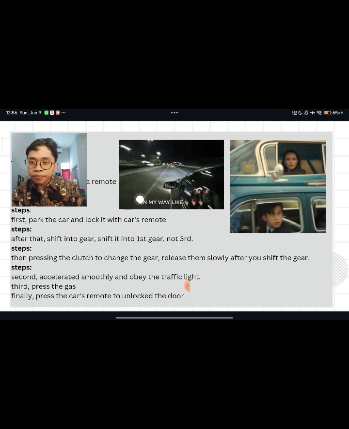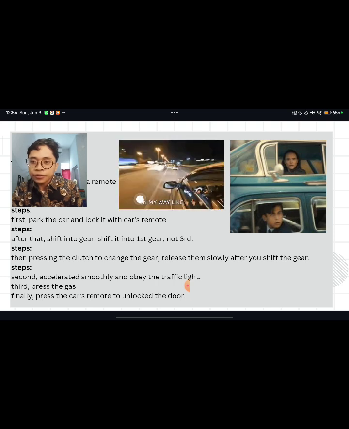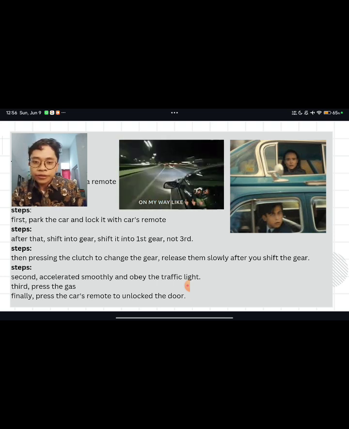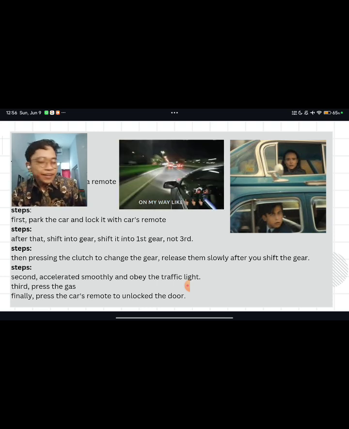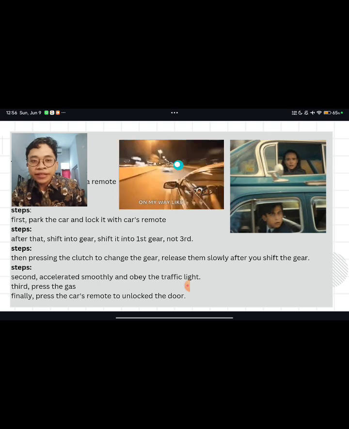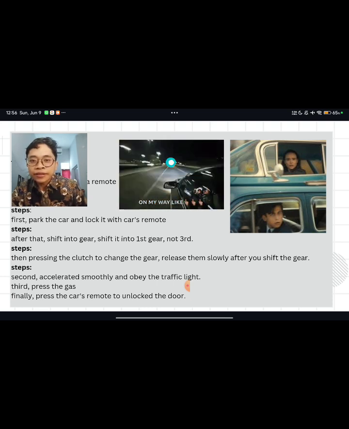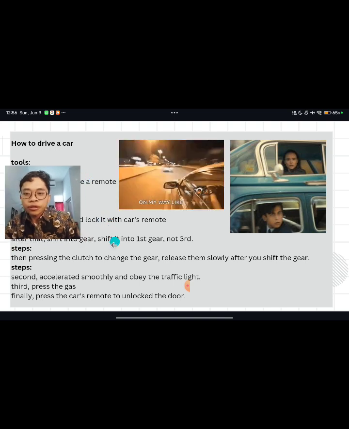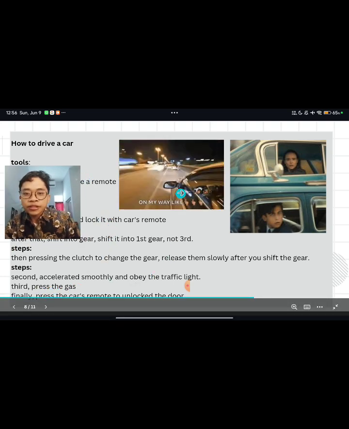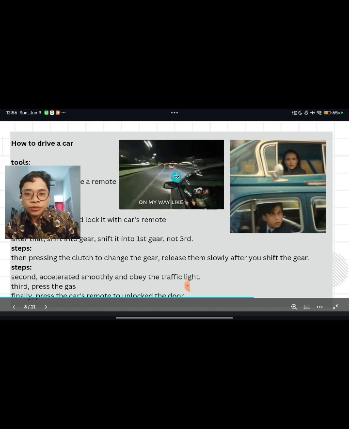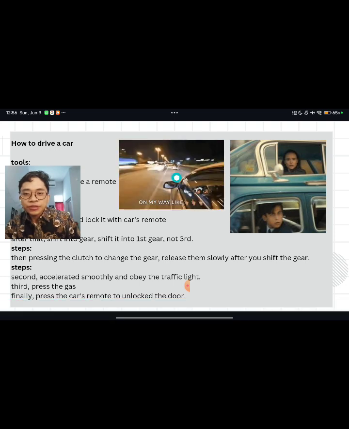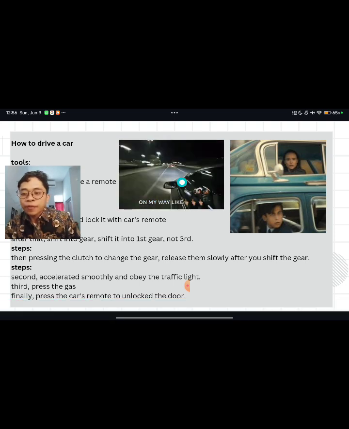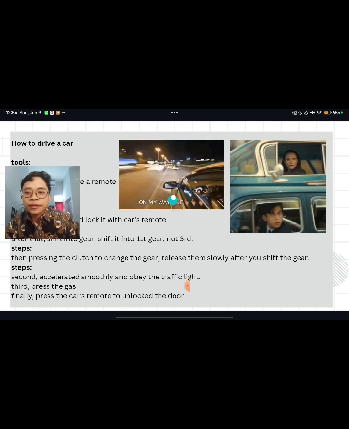Can you guys find something that I haven't described? Okay. Actually, is this clearly stated in this image? Yeah, it is not relevant with the aim, how to drive a car. Like accelerating smoothly in this, it is speeding, so it is not allowed like this, that is the meaning.